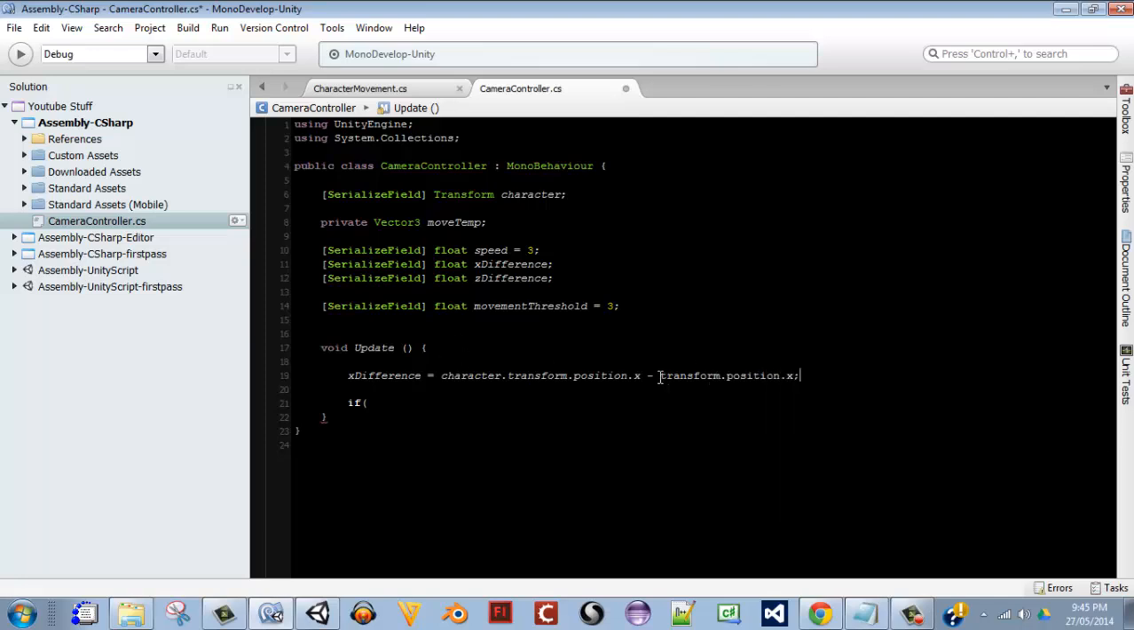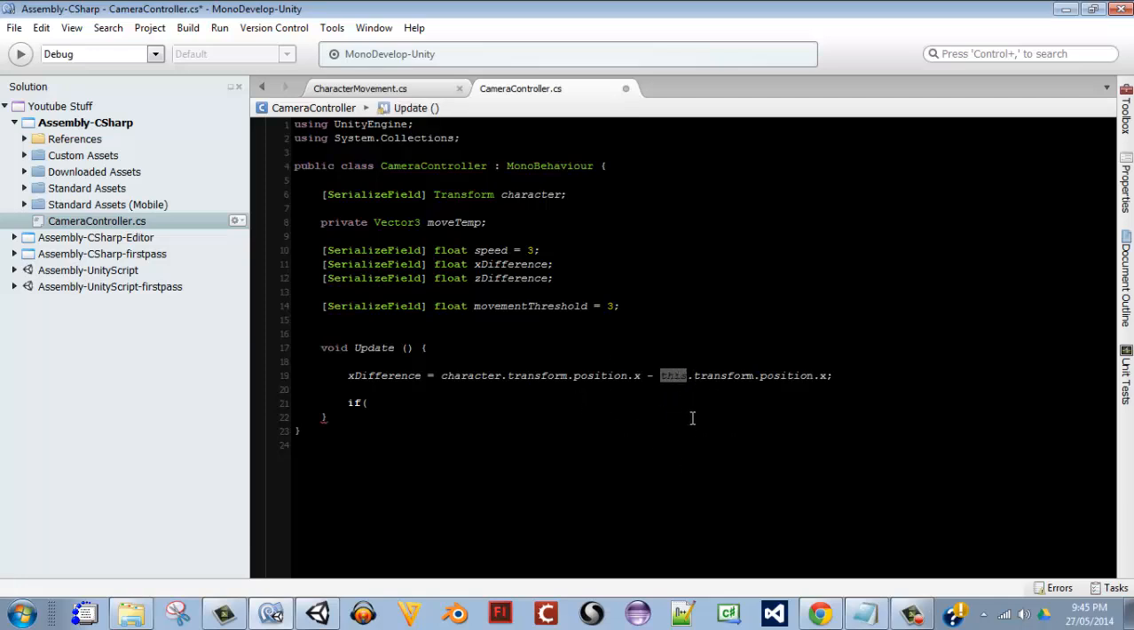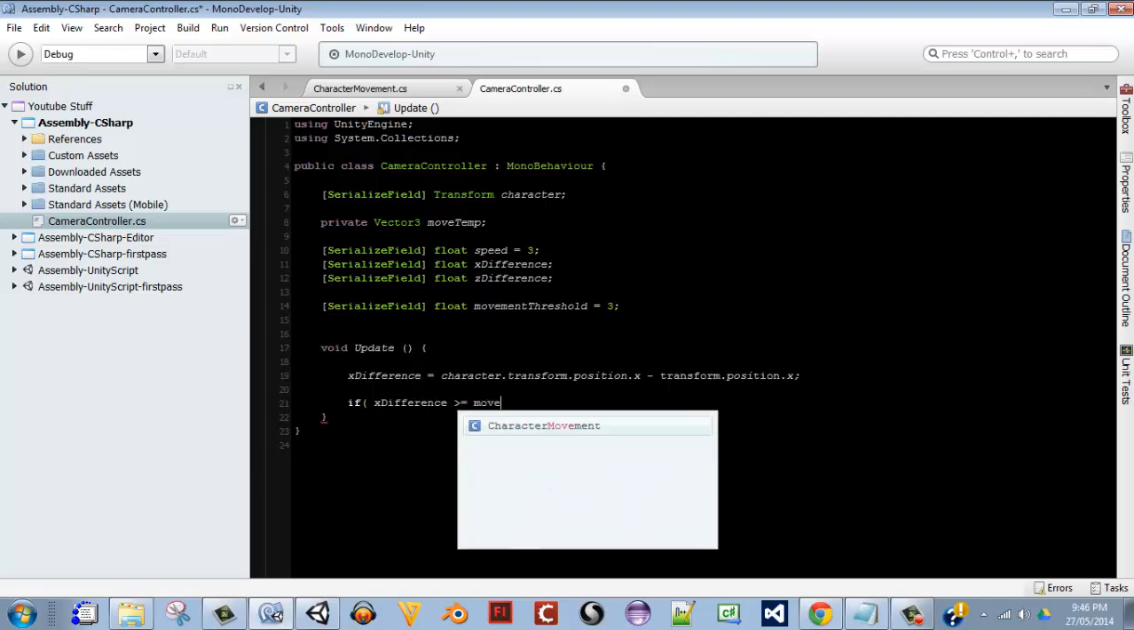And the reason we don't have to specify what transform we're using is because this script is attached to the camera. So it's actually the same as saying this dot transform, where this references whatever object this script is attached to, but this is actually redundant. We don't need that. So we can just say transform dot position dot x. So this is going to give us the difference between the character's x position and the camera's x position. And actually, this isn't going to work perfectly, so we're going to just work with this for now to show you why this isn't going to work perfectly. But we'll say for now, if x difference is greater or equal to movement threshold,